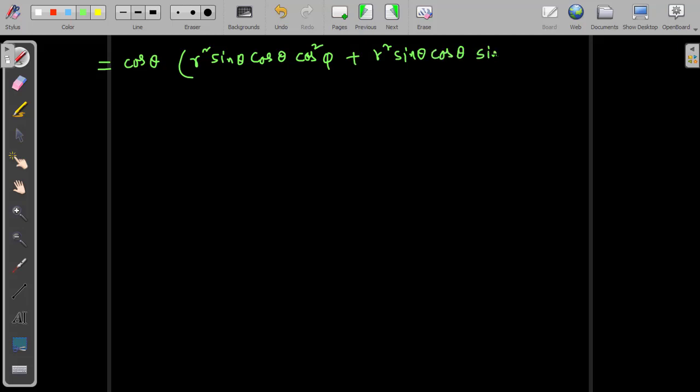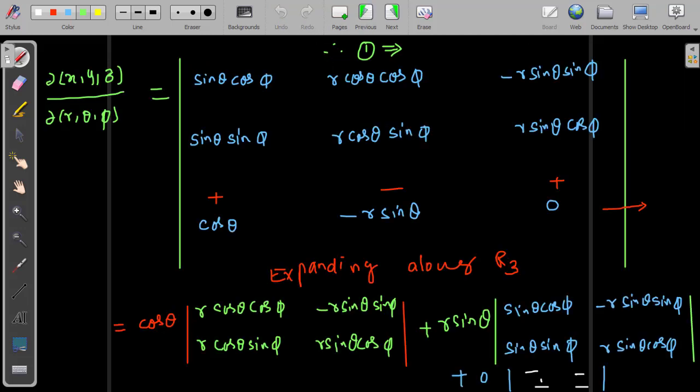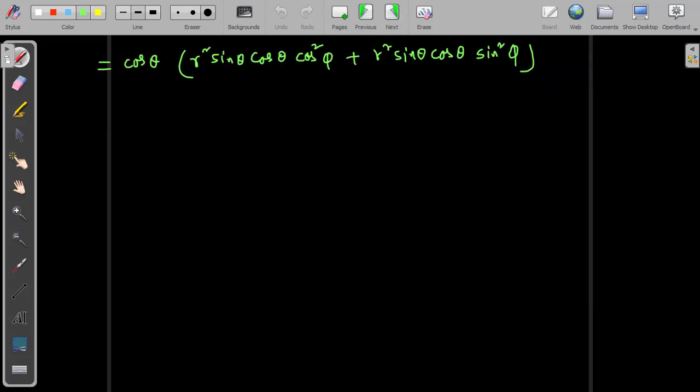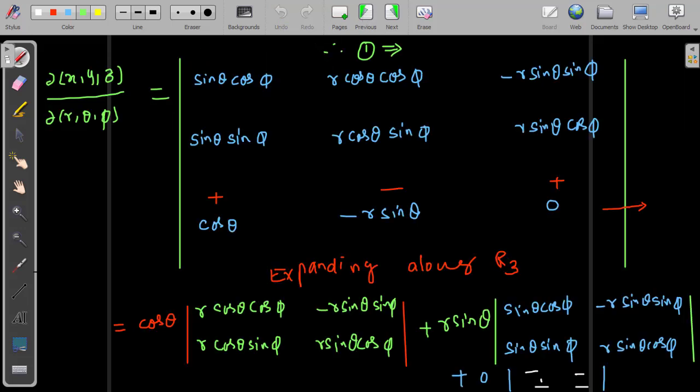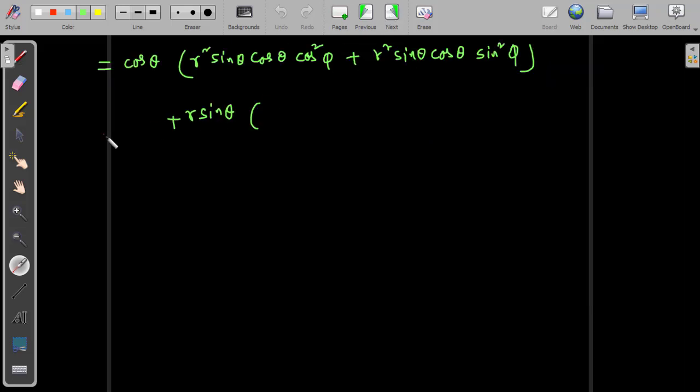Now sin phi times sin phi, sin square of angle phi. Finish. After that, again I am left with plus r square sin theta, plus r times sin theta, multiplication carefully. Now, previous page, this time multiply sin theta with r sin theta cosine phi. Here cosine phi, same angle. R sin theta means again sin theta, r sin square theta cosine square phi. The result is r sin square of theta multiplied with cosine square of angle phi.